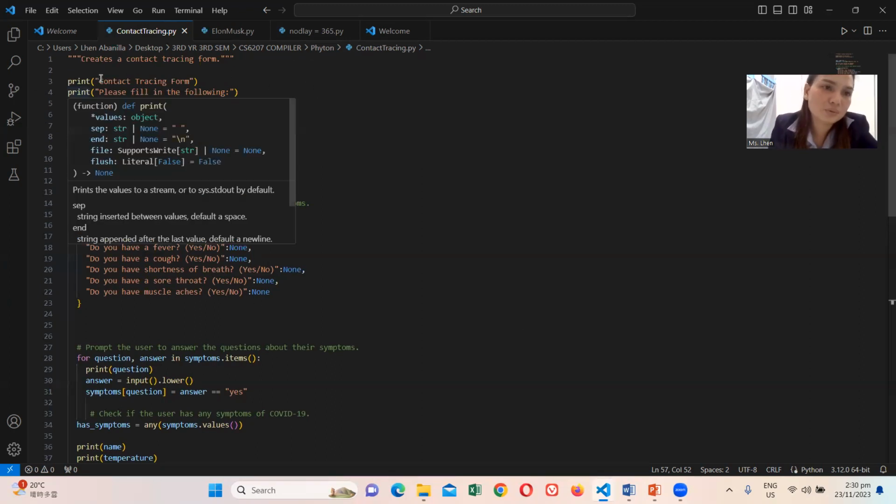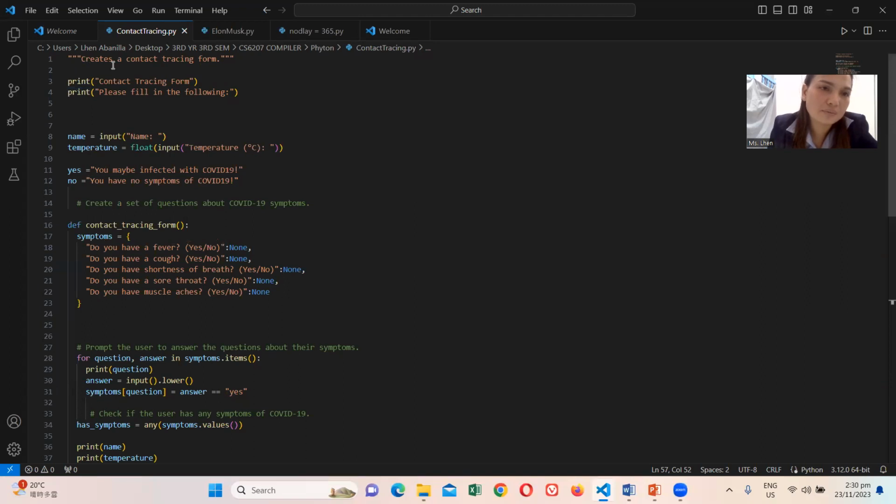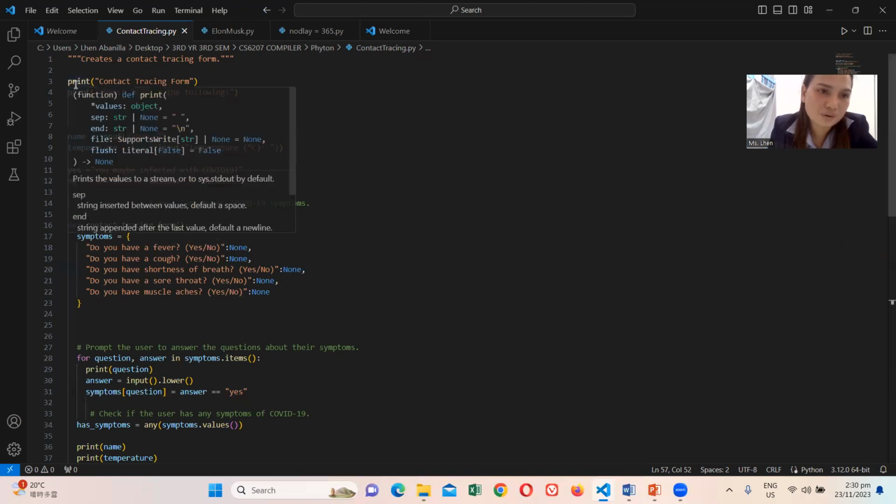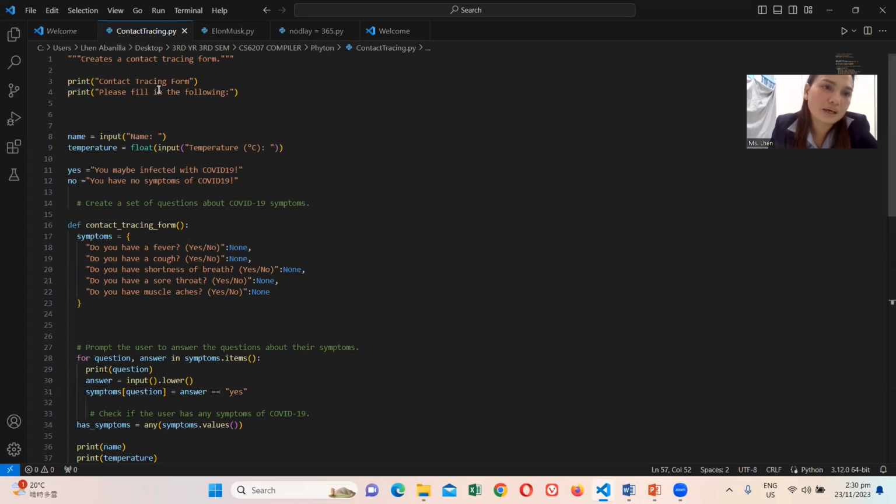line, you will see the first line is create contact tracing form. Print contact tracing form, print please fill in the following: name, input name, temperature. So yeah, so here's the